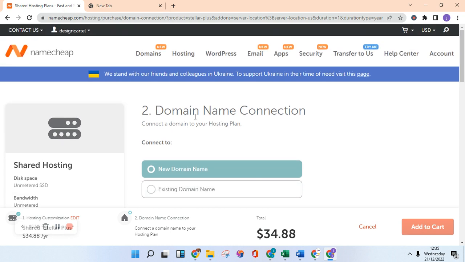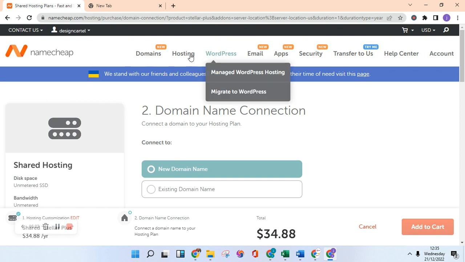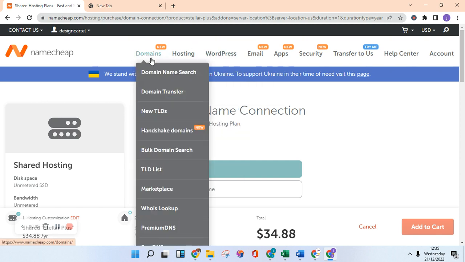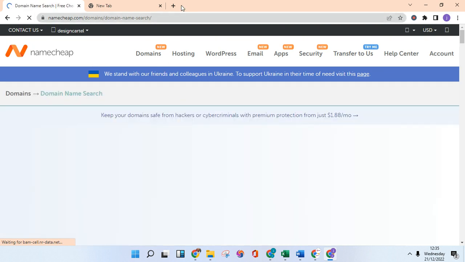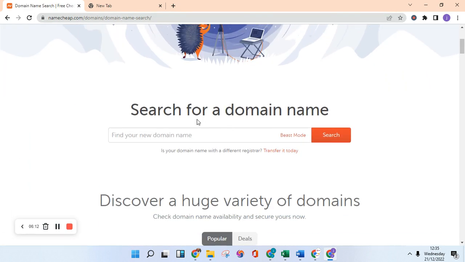So what we need to do first is that we already have the hosting plan in our cart. This is the hosting plan that we need to add to cart, but for that to happen, we need to connect a domain to it. So I'm going to go to domains now and go to domain search, and then I'm going to type in